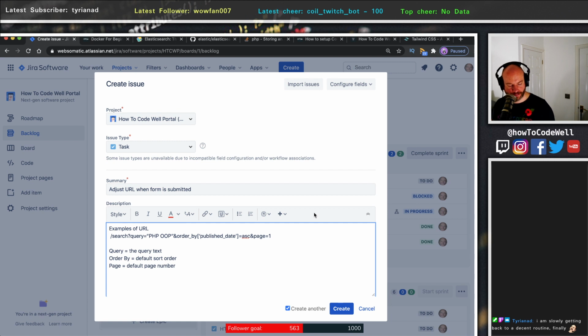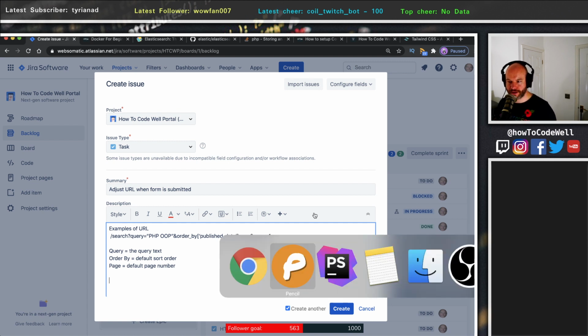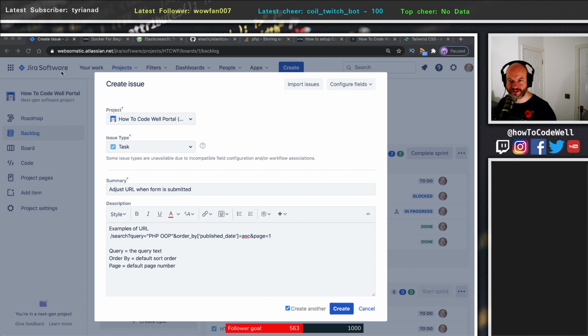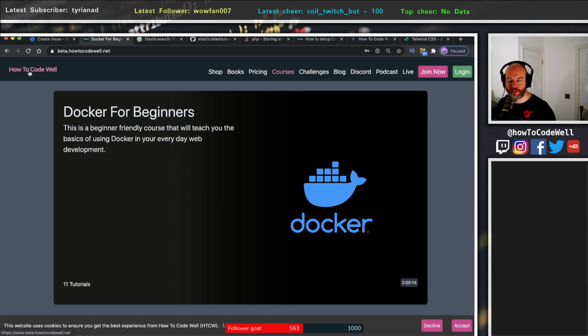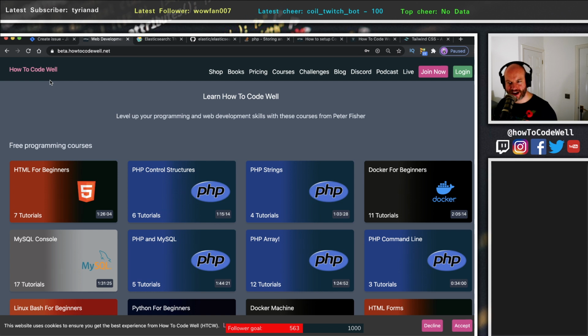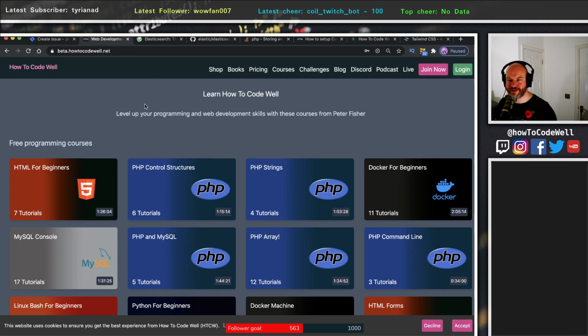So that will probably come sort of, I don't know, March, I guess. There's a lot to do in terms of Stripe and everything there. Once that's done, we can then start doing this fun Elasticsearch stuff where we can actually create a search engine for How to Code Well, and so the project name portal will really come into effect, because the mission will be well defined. We'll have a search form that will search across all the various types of How to Code Well content,